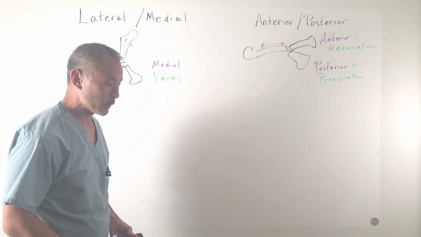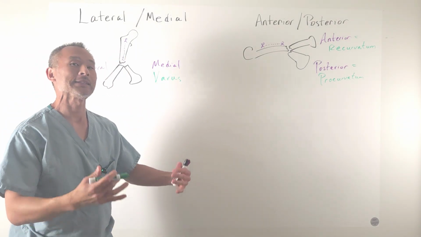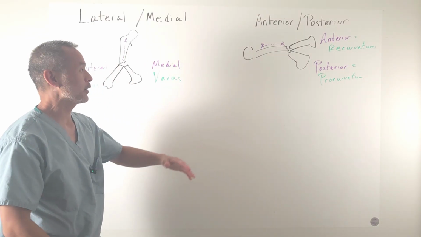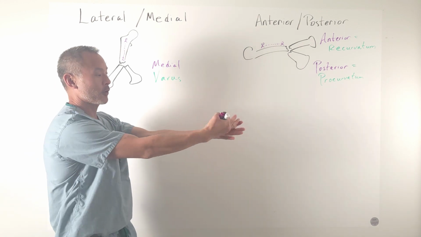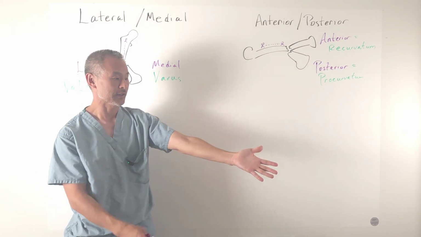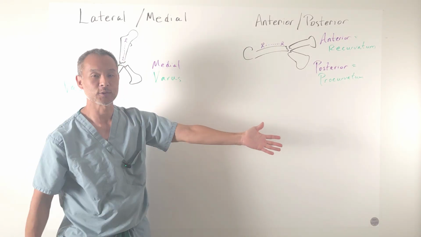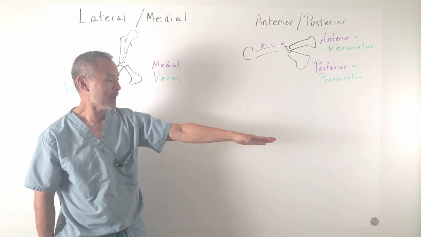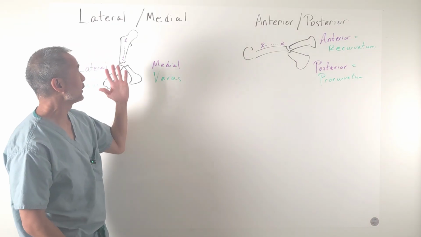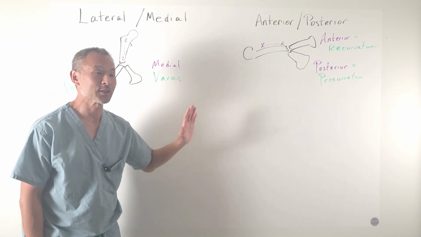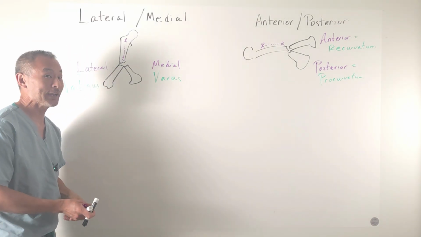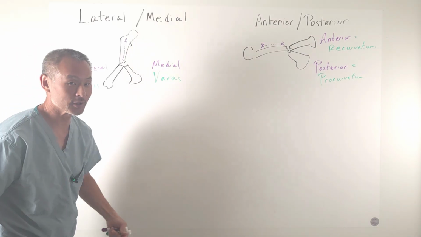The final way we describe angulation in general is the same final way we do it in displacement and upper extremity fractures. It can be confusing to describe anything in the forearm or distally as medial to lateral, because with the anatomic position, lateral is towards the thumb and medial is towards the pinky. But in human behavior, we can pronate and supinate. It can be a little bit confusing. So to get rid of that confusion on the medial lateral plane, we skip that and just call it in relation to the radius, the ulna. So if it fractures toward the radius, we call it radial angulation, and if it fractures towards the ulna, we call it